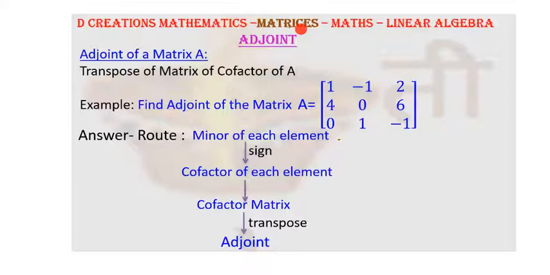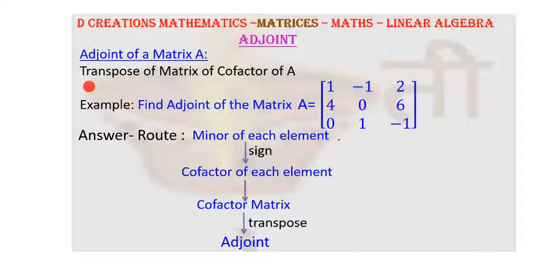Now we are looking at the inverse of a matrix. We have already seen how to find the inverse of a 2 by 2 matrix, but now our focus is to find the inverse of a 3 by 3 matrix. To reach that goal, you need to follow certain steps. And the crucial, or I would say the semi-final step, is finding the adjoint, which is also known as adjugate. So today we are going to look at the adjoint of a matrix.